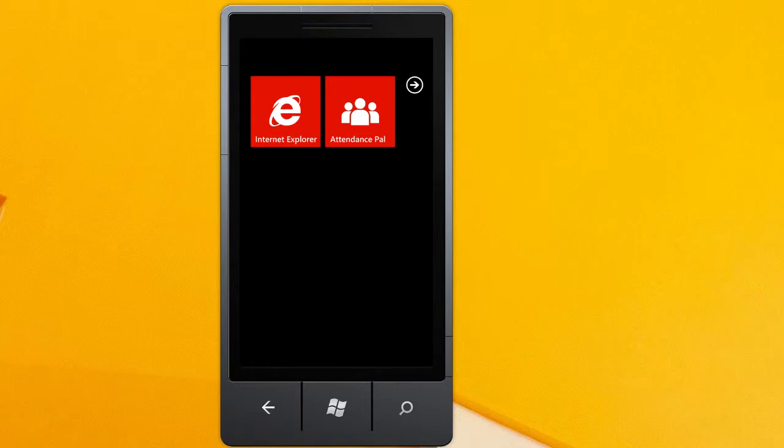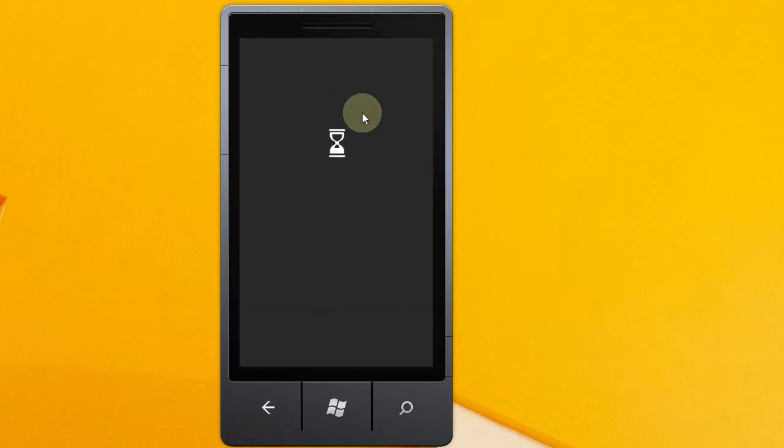As you can see here, I've got a Windows Phone emulator on the screen, and Attendance Pal is an app for Windows Phone 7 and Windows Phone 8. What I'm going to do to launch the app is go ahead and click on this Attendance Pal tile,